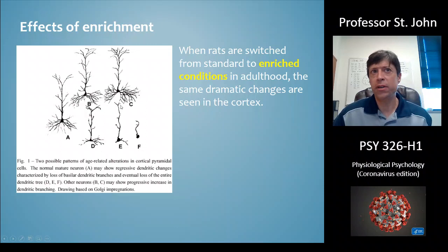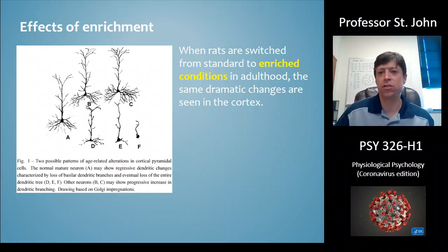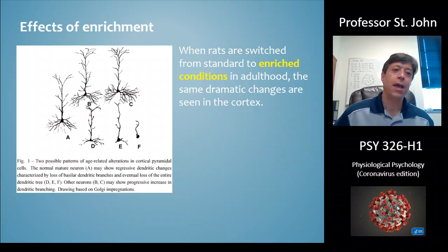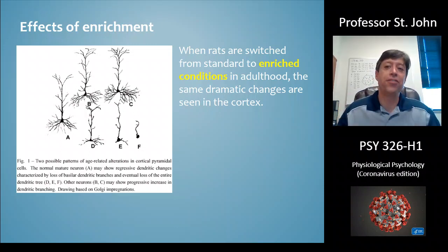If you switch them into the isolated condition, the neurons become less complex over time and they start to withdraw their dendritic branches as these animals are stagnating. So it turned out that these changes were not limited to animals raised during the rearing period, but actually could occur in adulthood as well, which really was the genesis of a lot of the stuff that you see